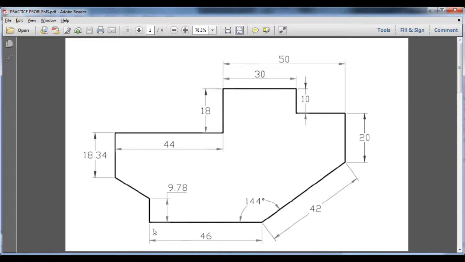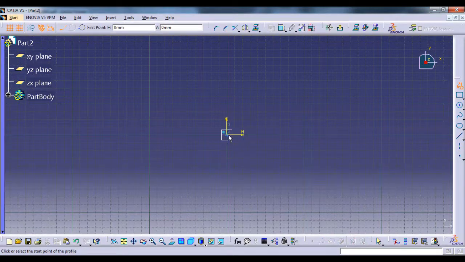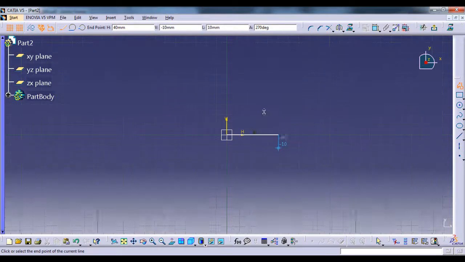So firstly, I will make the outline of this sketch like this, and then I will apply the dimensions that are shown here. So I will first make the outline. I will zoom in a little bit.